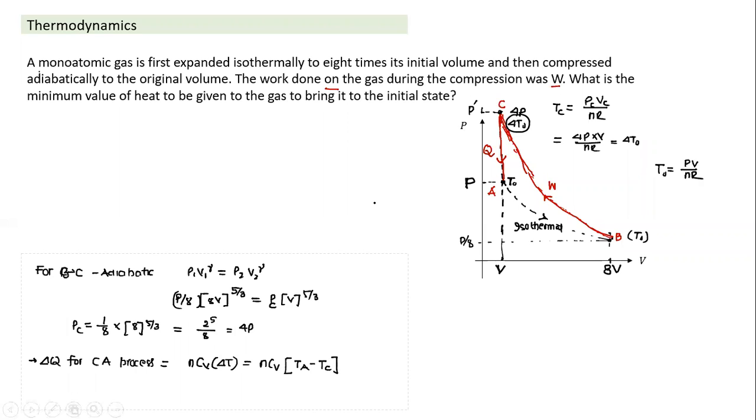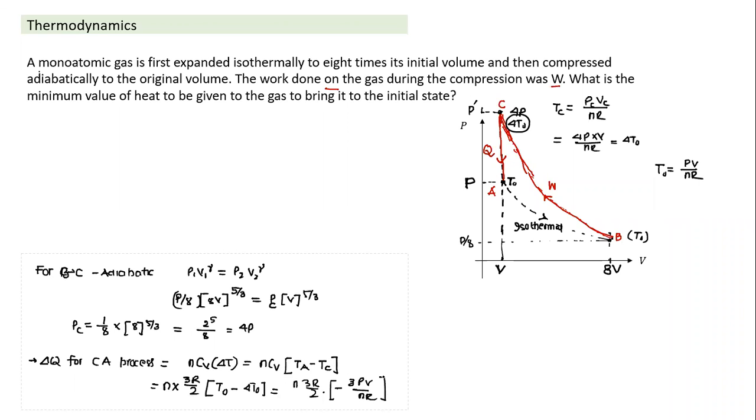Okay. Now can I relate? If I have to go from here to here, what will be dQ? dQ will be equal to n into, what is Cv here? It is a monatomic gas. For a monatomic gas, Cv is equal to 3R by 2. Final temperature TA is T naught and initial temperature is 4 T naught. So it will be equal to n into 3R by 2 into minus 3 T naught. And T naught also I can again write in terms of PV divided by nR. This is the amount of heat given, which will be negative.